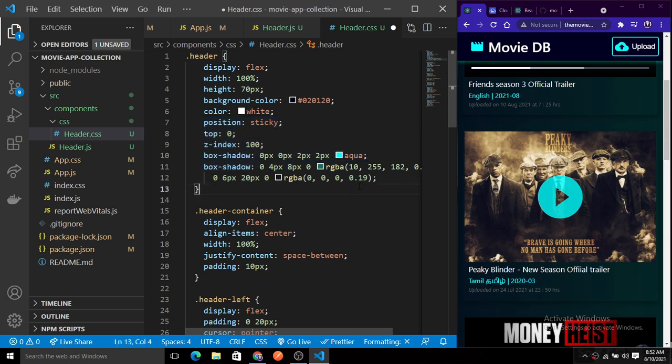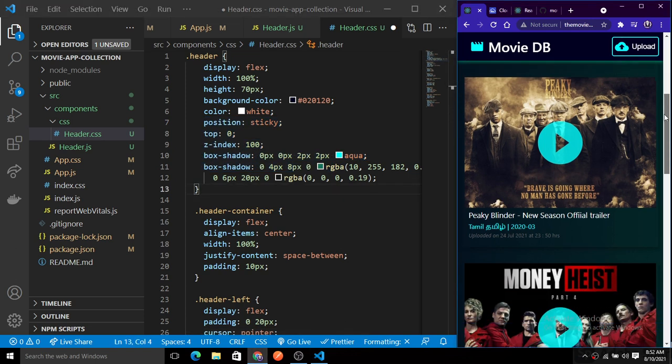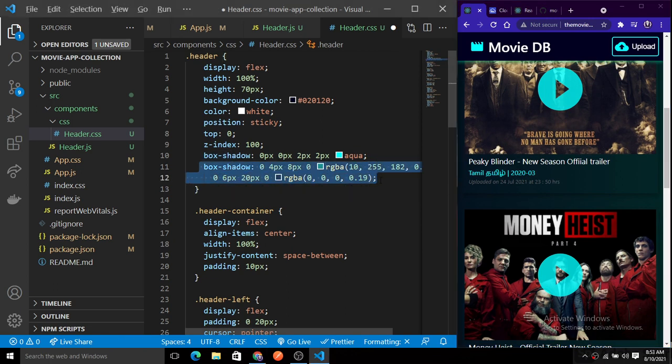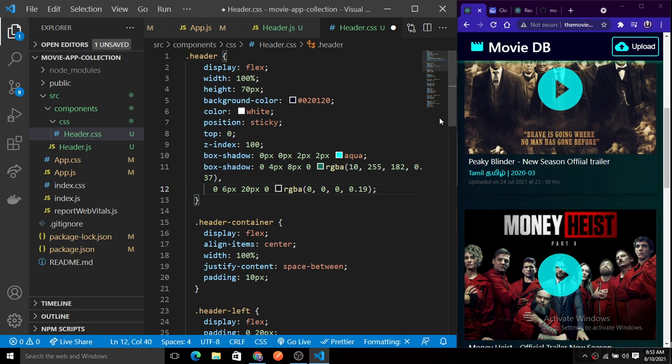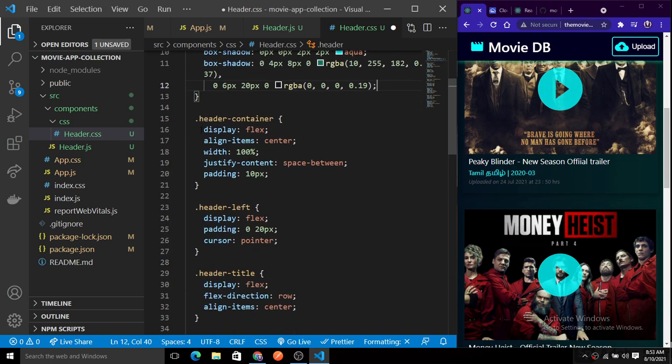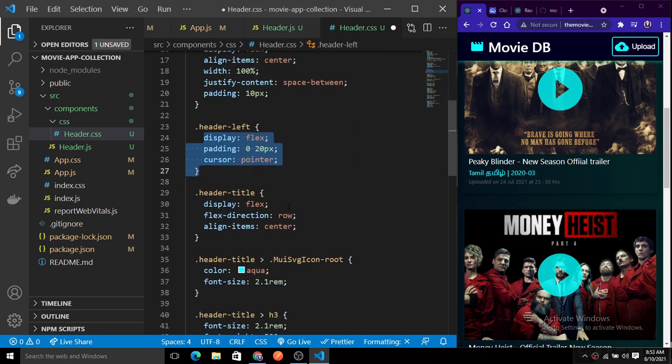And now you can see here we have added a very nice shadow here. So this shadow we added with this. So you will get the CSS file directly from my GitHub profile. Then we have added a header container. We have the header left and the header right, and then we have a header title.